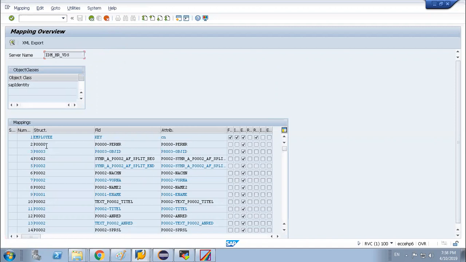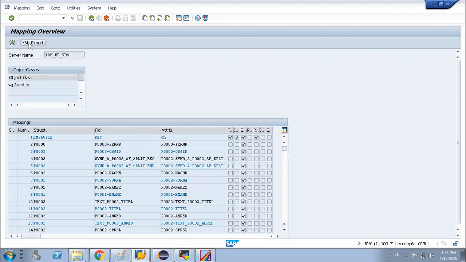This is the partner, this is the structure name and the corresponding field name. P000 is nothing but the action, and under the actions you will have P0001 partner, that is your partner name. Another P0002, that is your start date, end date. Those informations you have imported, right?